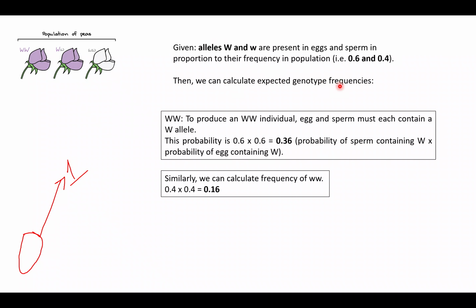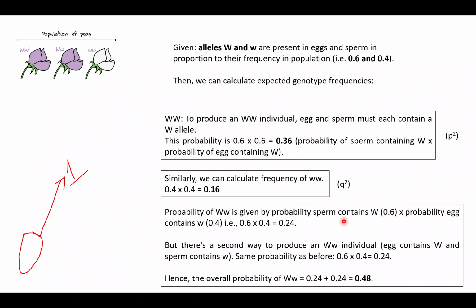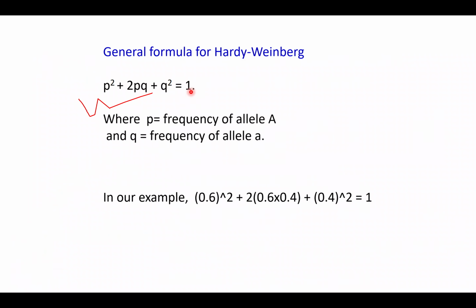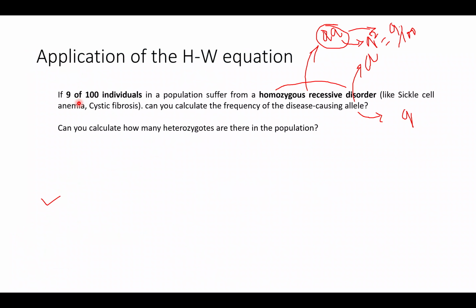This is a different question. Allele frequency is already given, and you are asked to calculate the genotype frequency. Capital W is the homozygous dominant genotype, so P multiplied by P is P square, and then Q square. After you get P square, Q square and 2PQ, add these and you get 1. Then you can figure out this equation and try to solve this question by yourself. Then you are done understanding the Hardy-Weinberg equation.